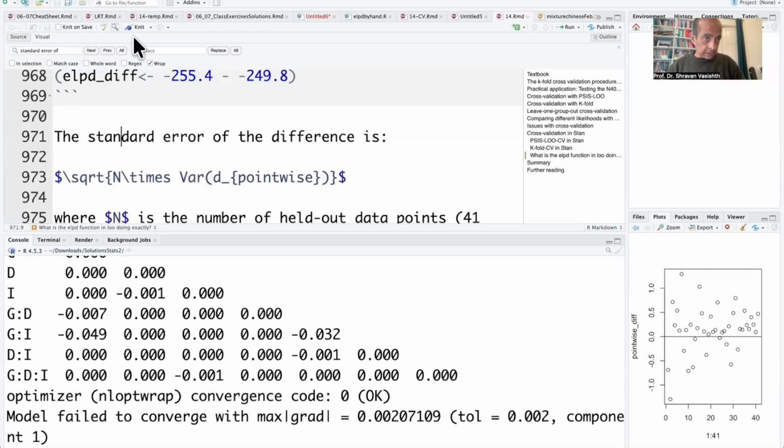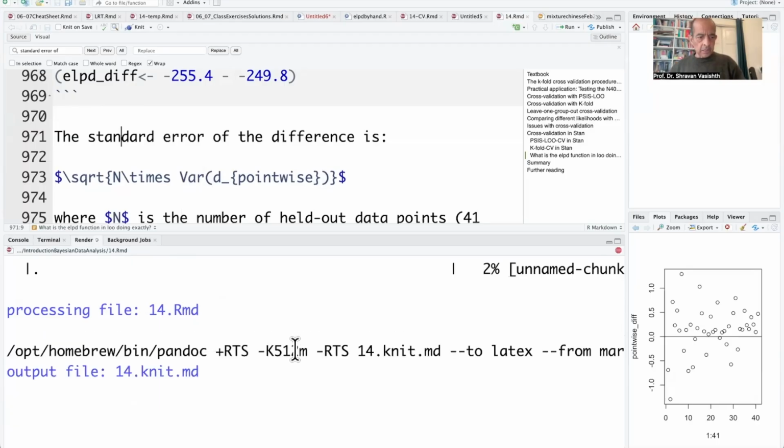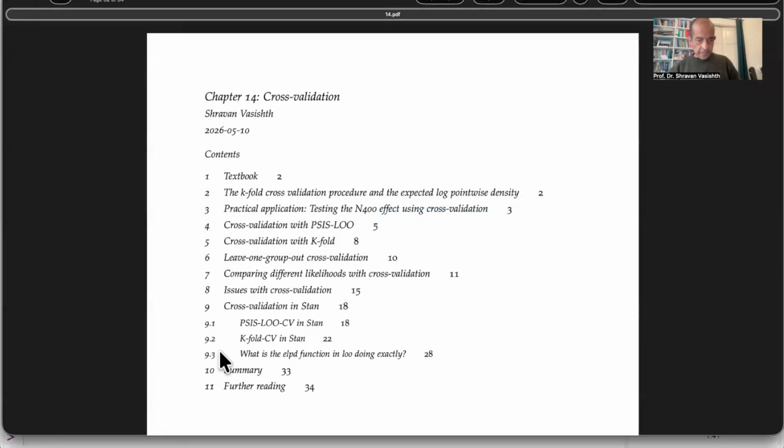Let me just rerun this code. I'm caching the model, so as a result, this thing will run relatively fast, even though many models are being fit. It's all pre-stored in caches, so everything gets done quickly. All right, so that's done. And so if we go back here,